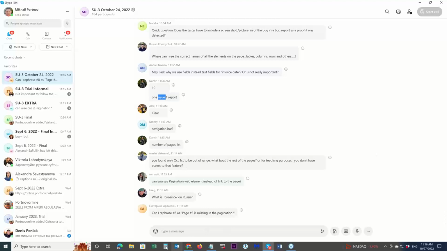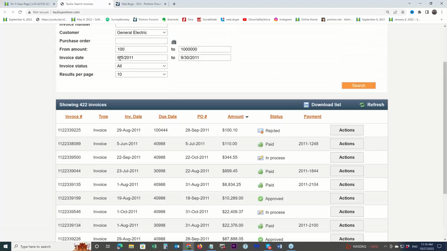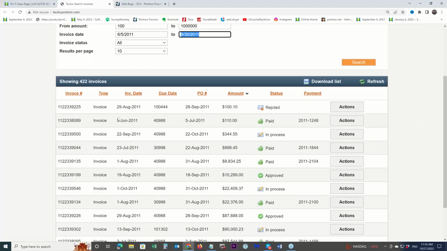Okay. When you look at that page, and you look at the range, which is from June 5th till September 30th, I do not see anything here which is outside of the range. I mean, really.